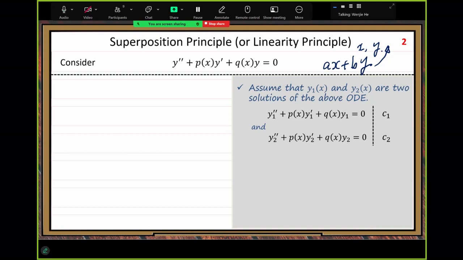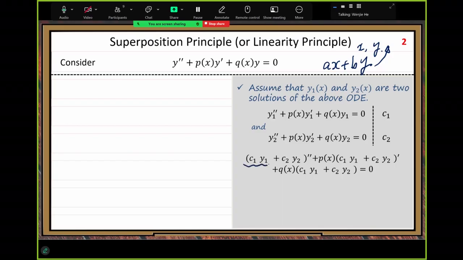We still get an equality, right? By the algebraic property, we still get a new equality. So then we combine the like terms. Now you can see